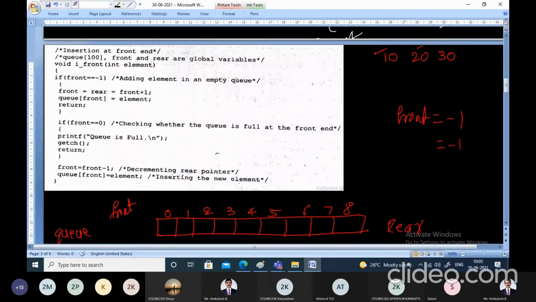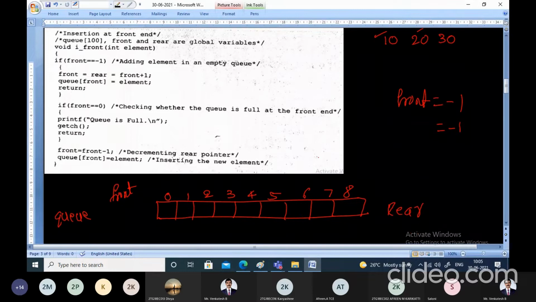So now we'll be discussing how to insert an element onto the double-ended queue, that is, how to insert an element at the front end of the double-ended queue. Because we know that the double-ended queue has two different ends, front end and rear end. We can insert the element from the front end and delete the element from the front end. From the rear end also we can insert the element and delete the element from the rear end. Okay. Now Q has been declared.